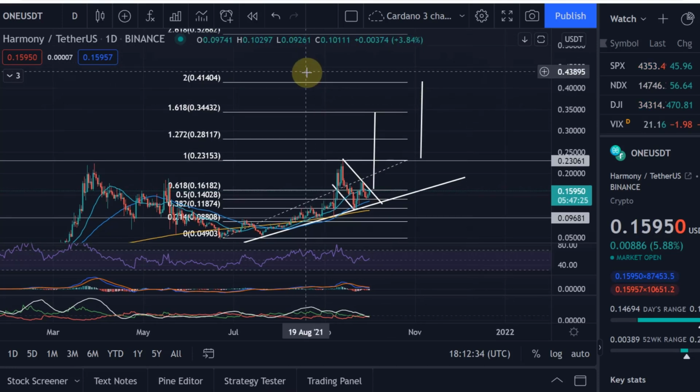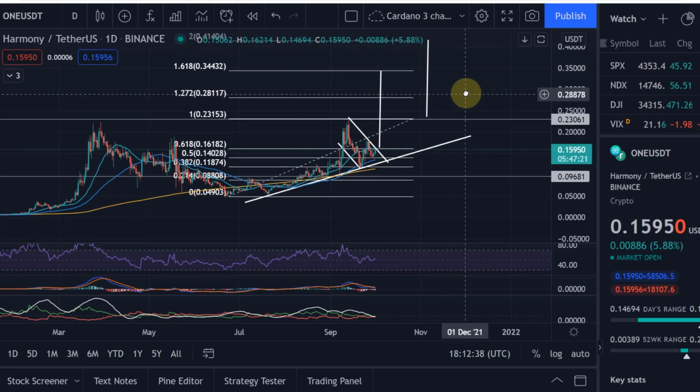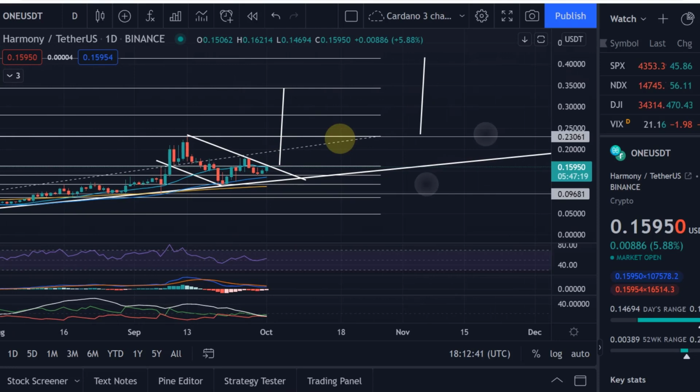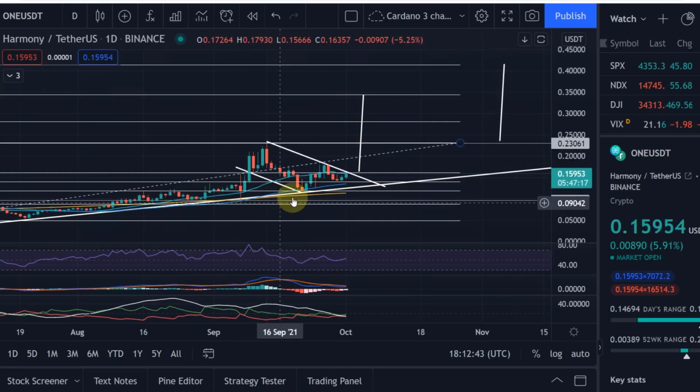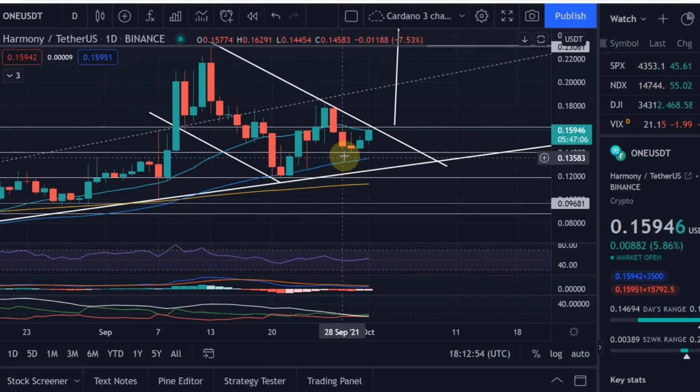A little bit more optimistic one would take us to 41 cents. And this is really just to remind you of what we said yesterday, and that this is still at play. We're making higher lows here. It seems like we really found support at the 0.5 Fibonacci retracement level, and that we are currently at a tipping point here, really a breakout point, which however doesn't say that we couldn't come down once more to